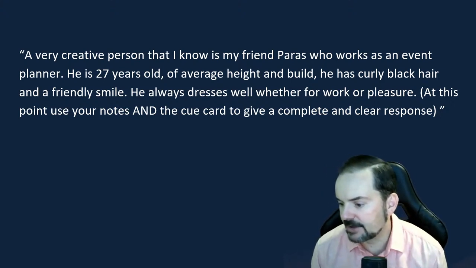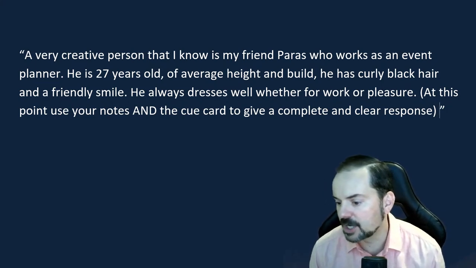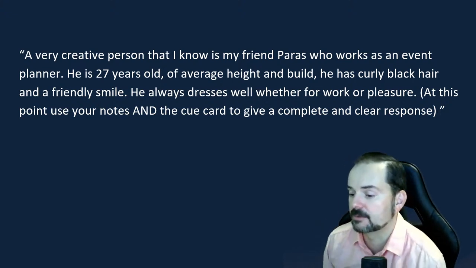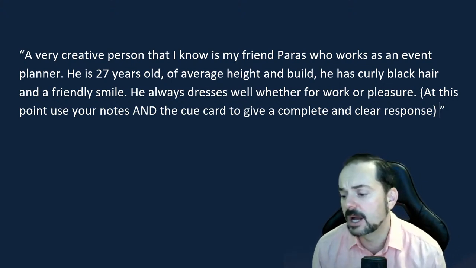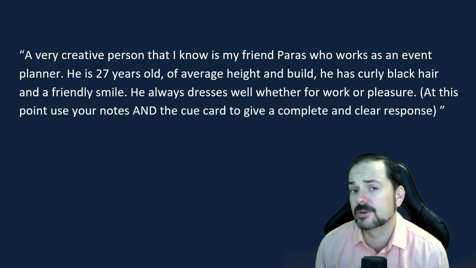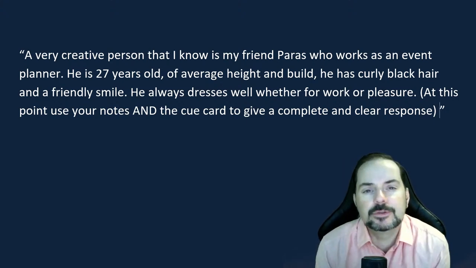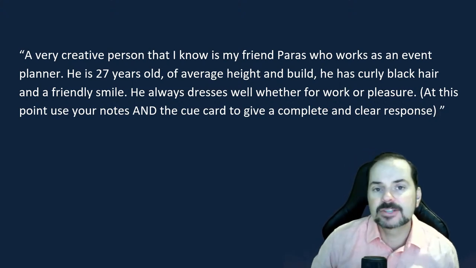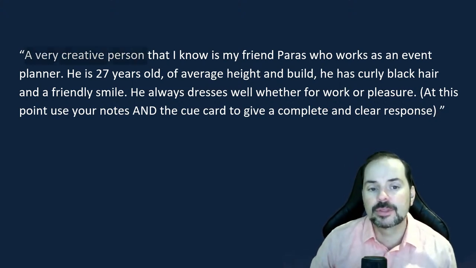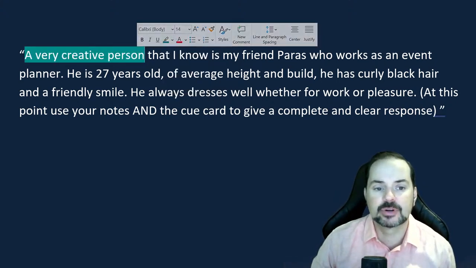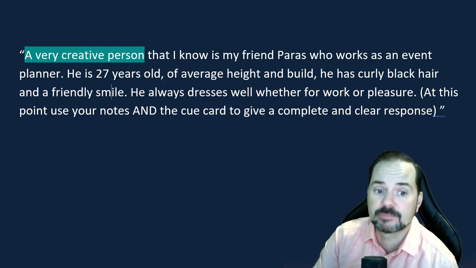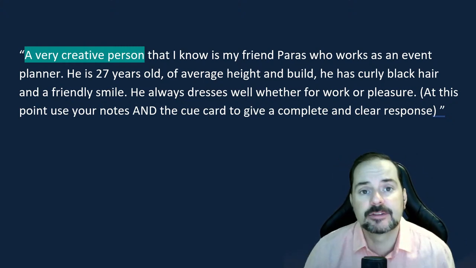Sanjay says, I have a large friendly circle, but my childhood friend Ram is extremely creative, who works in an NGO. Okay, Sanjay, that's a different topic. Careful with that. And also, Sanjay, be specific. If you say, I have a big friendly circle as your first phrase, it's confusing for the examiner. It's like, what are you talking about? We need to talk about a creative person. The faster that you can let the examiner know that you're going to talk about a creative person, the better it is, okay? The cue card is talk about a creative person. So you want to say a creative person who I know.